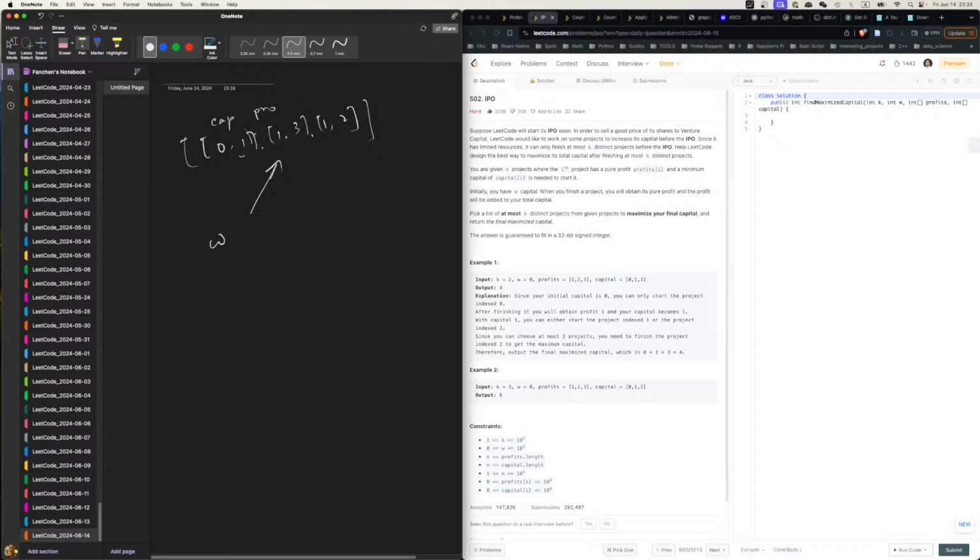Basically, okay, so what we need is, given a W, we want to find the maximum profit with capital smaller than W. We add it to it, and then we just repeat the same process, right? We just repeat the same process. But how do we find, what type of data structure do we need to find the max? We want to find the max profit, right? The maximum profit